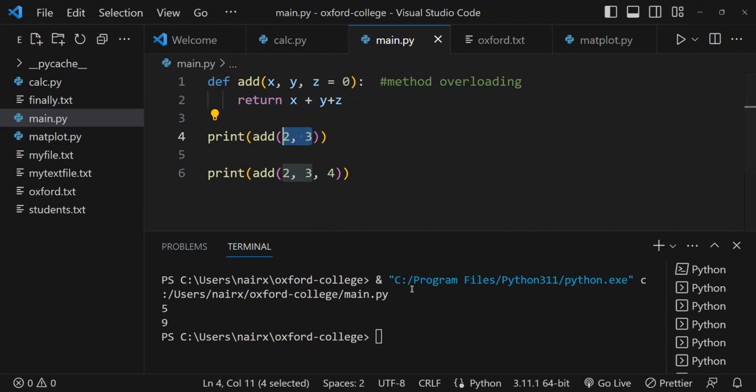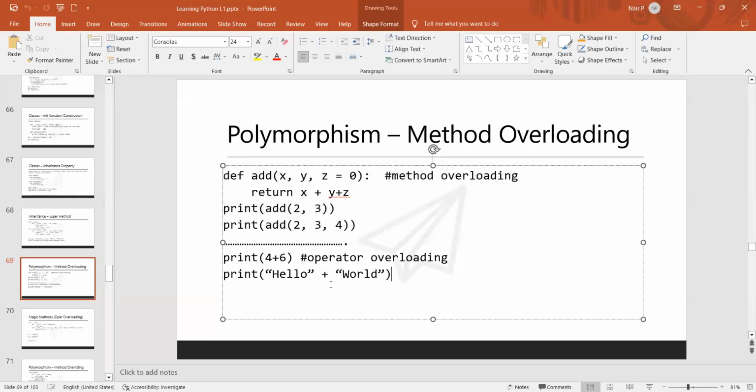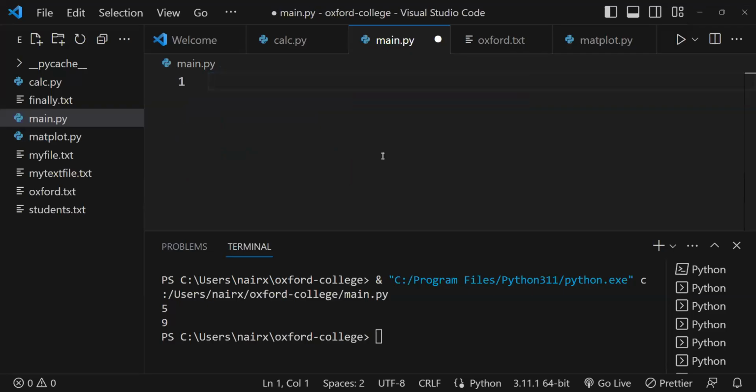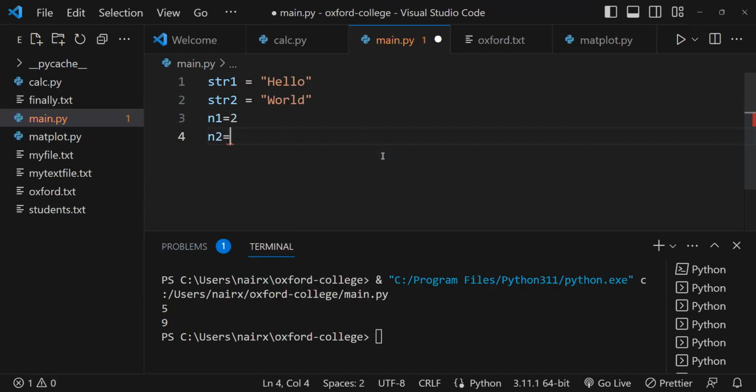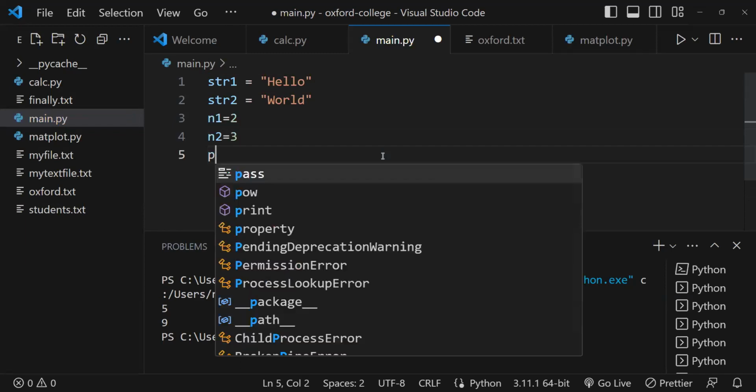And similarly, we have operator overloading. By default, see here, this is the basic thing. Like if I give str1 equals hello, str2 equals world, n1 equals 2, n2 equals 3. Now I'm using the same operator. So I'm trying to print